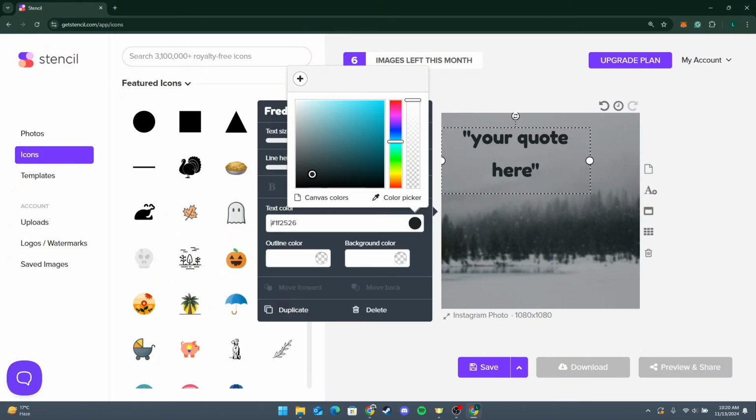Since your color palette is saved, you can quickly apply your brand colors in future designs, saving time while maintaining brand identity. By using GetStencil's color palette tool, you can ensure that all your designs maintain a consistent and professional appearance, keeping your branding intact across different channels. With the ability to save and apply custom color palettes, GetStencil makes it easy to streamline your workflow while maintaining